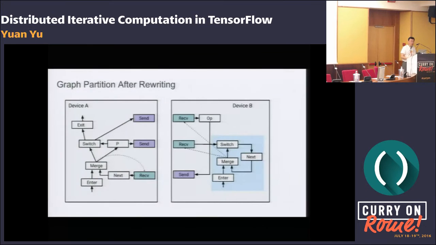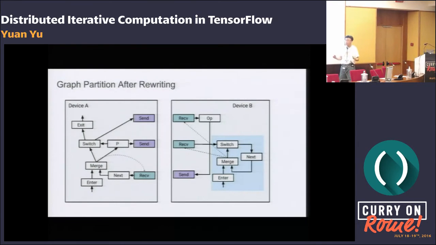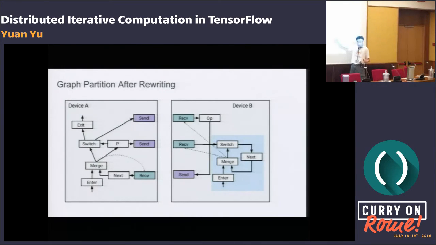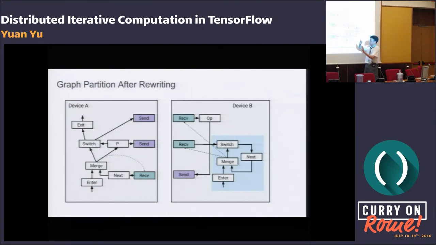Then we do the partition, introducing the send and receive, and now the graph looks like this. I'm not going to go into the detail, but this allows you to execute, and the two executors in fact run completely independently, communicating a little bit of the termination condition.